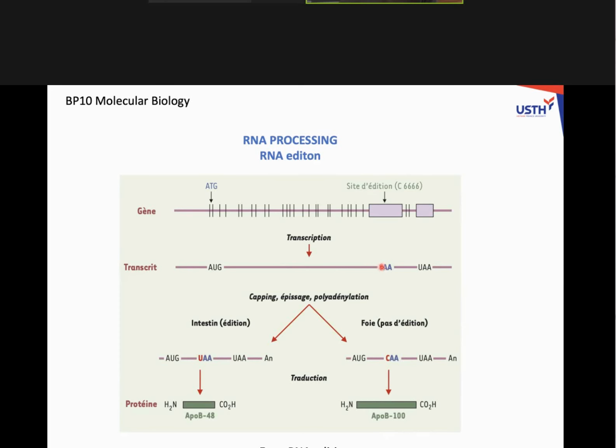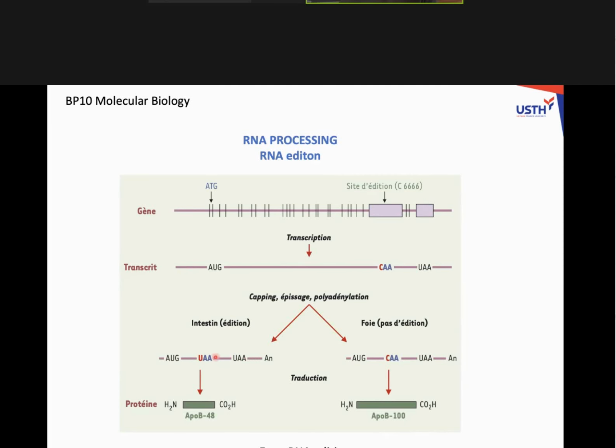Instead of having CAA, which is a proper codon, it turns to be UAA, and UAA is a stop codon. So in the intestine, the protein that is going to be translated from this edited version of the mRNA